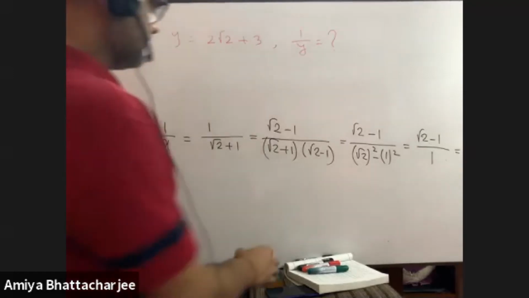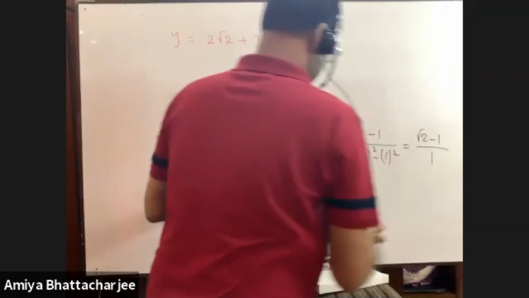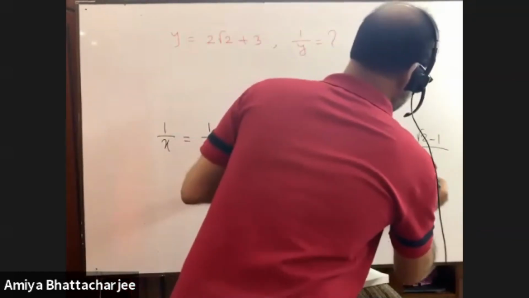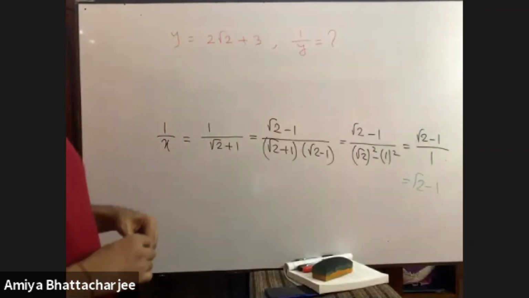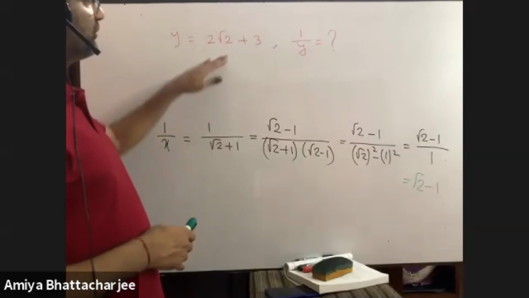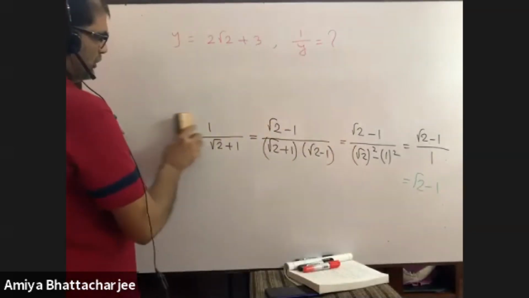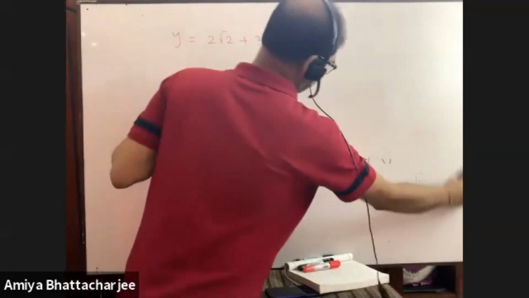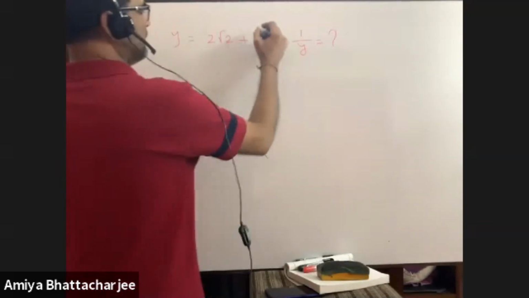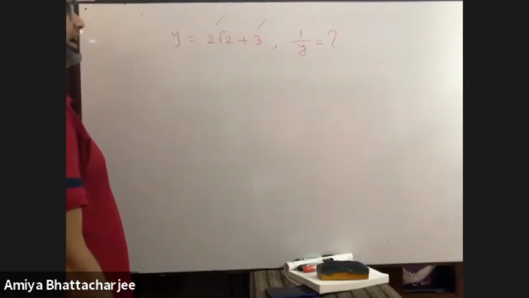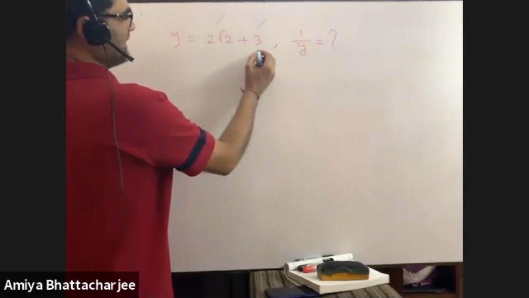I think you can see this. This is root 2 minus 1. You're getting here root 2 minus 1. Perhaps you can't see the last part. Anyway, this math, what is the answer? At first, you have to let me know which one is larger, this or this. 3 is greater. What is the square of it? 9. And what is the square of it? 8. You know.